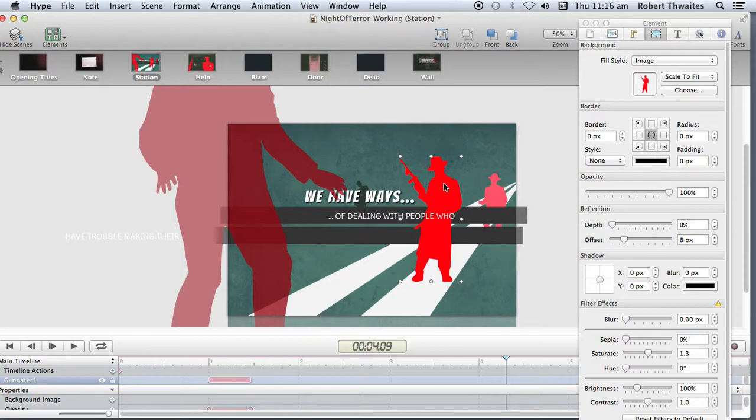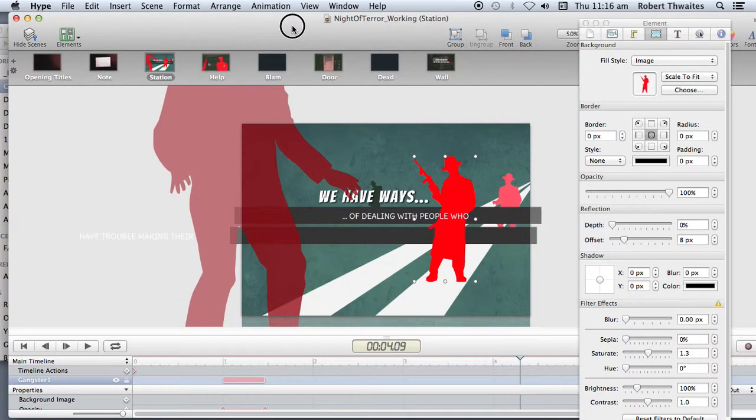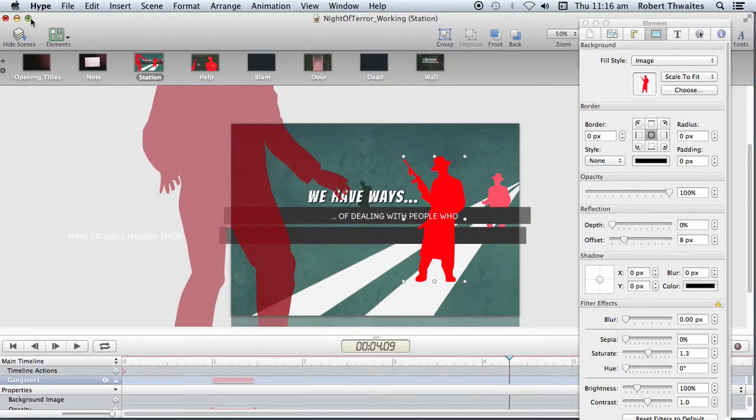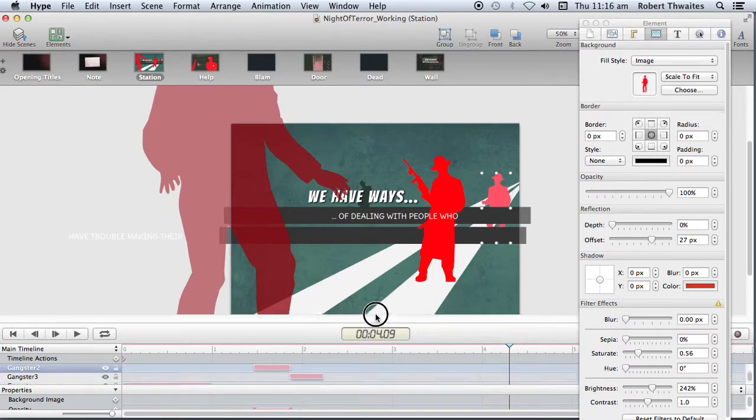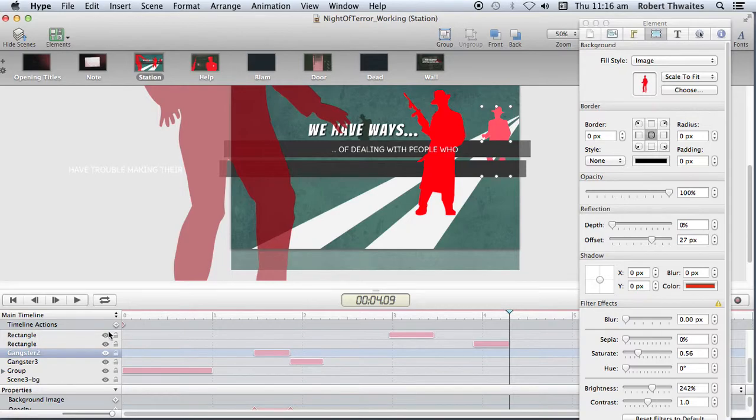flipping it horizontal to make it face a different way. I'm just going to show you what I mean by that. So if I just click on this element, let me just straighten up my window. I'm just going to click on this element and you'll see in the timeline that element is called Gangster 2,